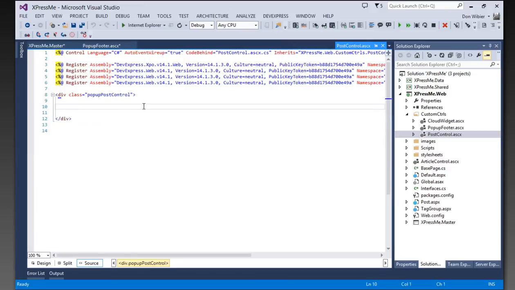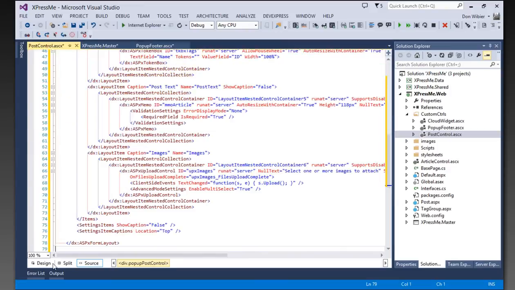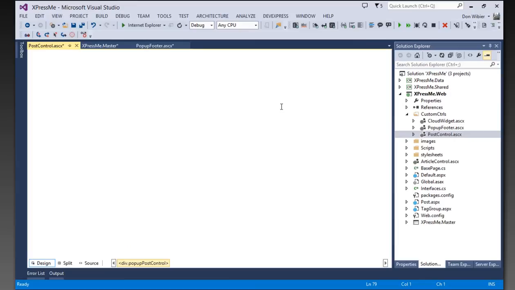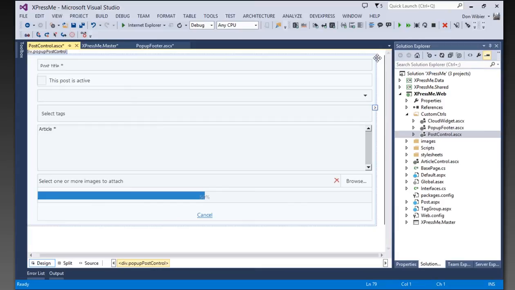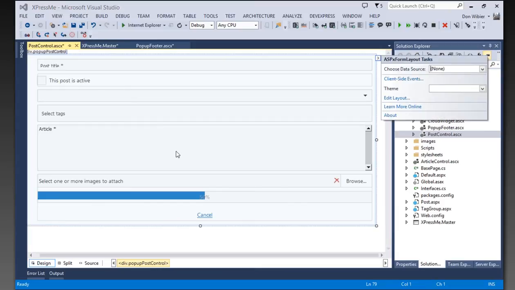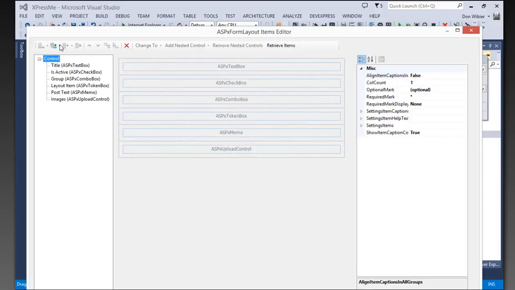So I'm going to paste it in, and I will switch to design mode, because then you will see the design time representation of the form, and I shall also show you how beautifully this works, because I can just click edit layout, and as you can see I will have my form here, and I can add whatever you like. I can add a layout group, for instance. So if I do that, I will get the group here, and I can add additional items in that group